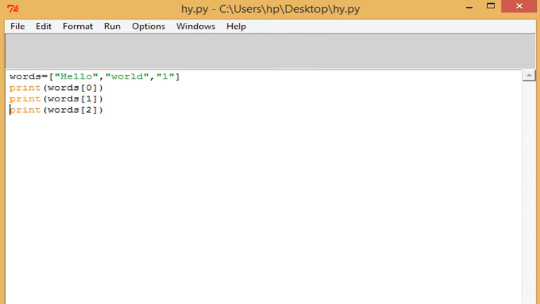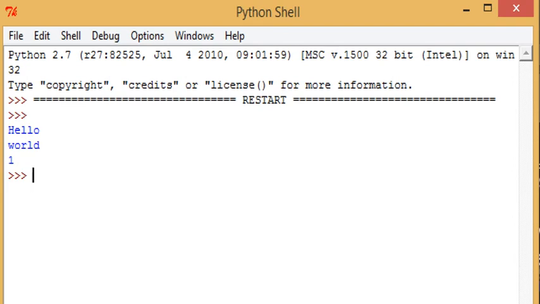Whenever we are printing this message, the index values that you see, 0, 1 and 2, are basically known as the index numbering. Whenever we are using a list, the index numbering always starts with 0. This is similar to what we use in an array in C++. So here we are just writing a message and assigning some values to the list.